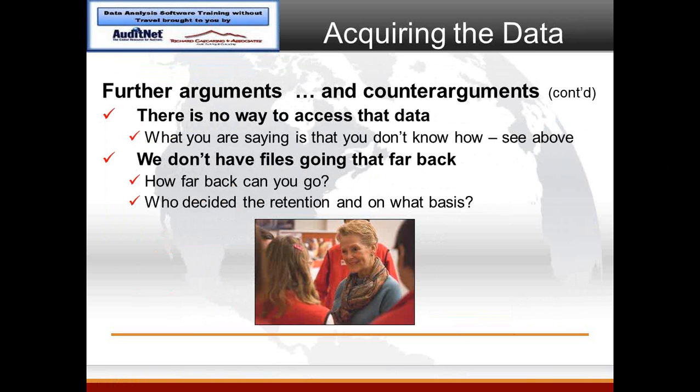Now, that's not simply saying we've got a tape with financial records on it. That's saying you've got to be able to read that tape or read the disk or read the file and actually see what it looks like.